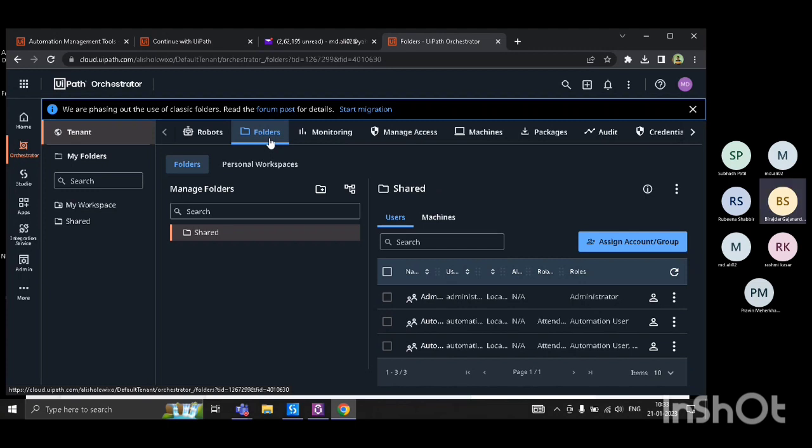Whenever you are working the first time, you have to click on tenant first. First click orchestrator, then click on tenant, then click on folders. These three steps you should remember, guys, because most of the time you are working with UiPath and creating the folder and giving the access. So what happens,